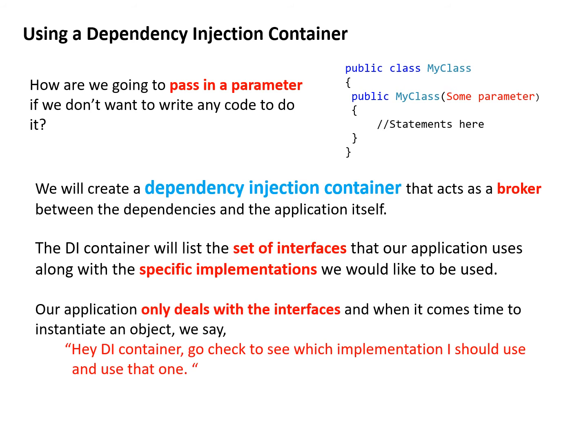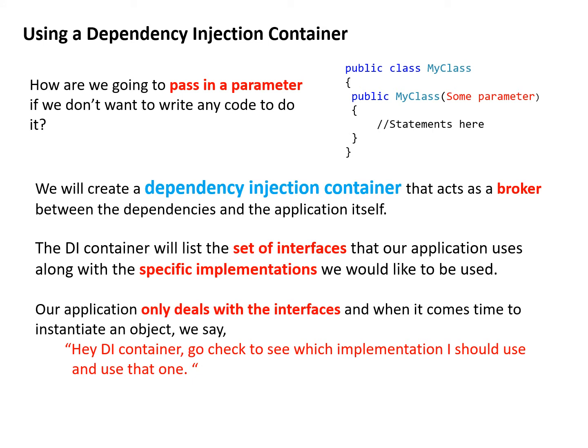So our application is only going to deal with interfaces. When it talks about having a greeter, it's going to have a greeter of type iGreeter and not one of type friendly greeter or happy greeter. And so when we run the application and it comes time to instantiate an instance of our application, and that's what happens with home controller, an instance of home controller is created. When it comes time to do that,